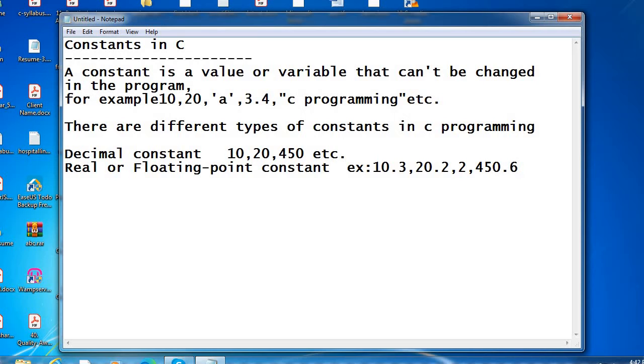So these are the floating point constants, real or floating point constants.